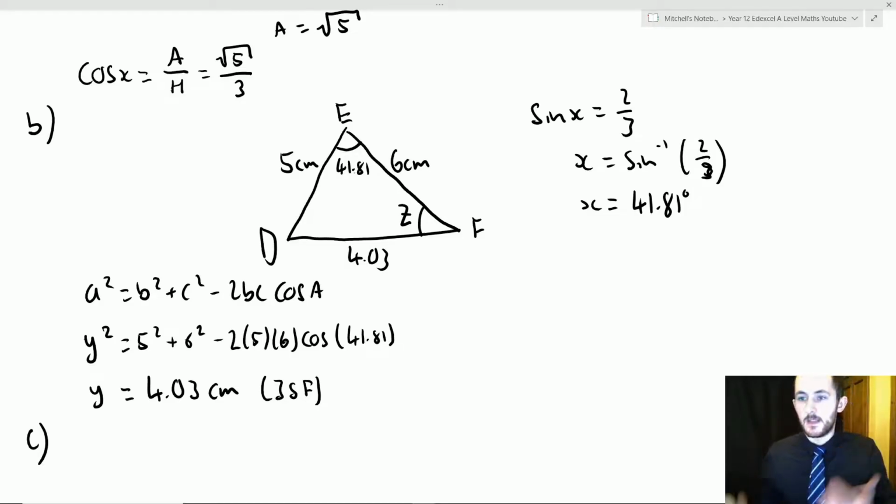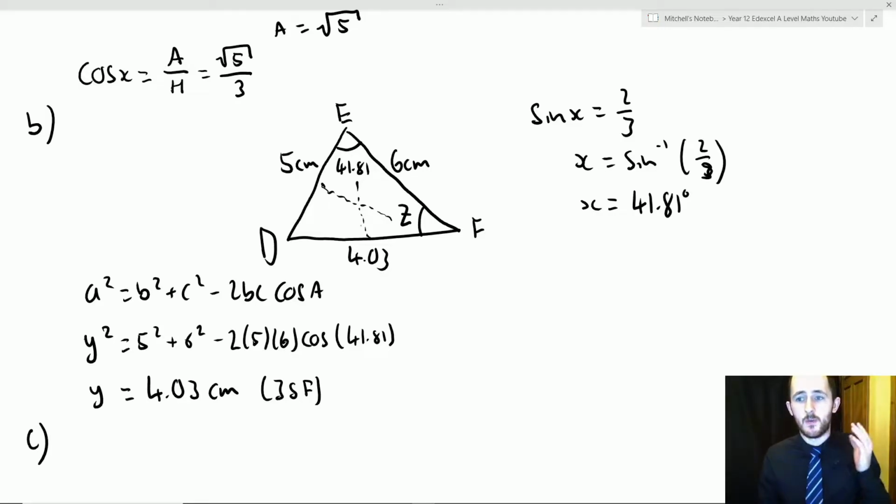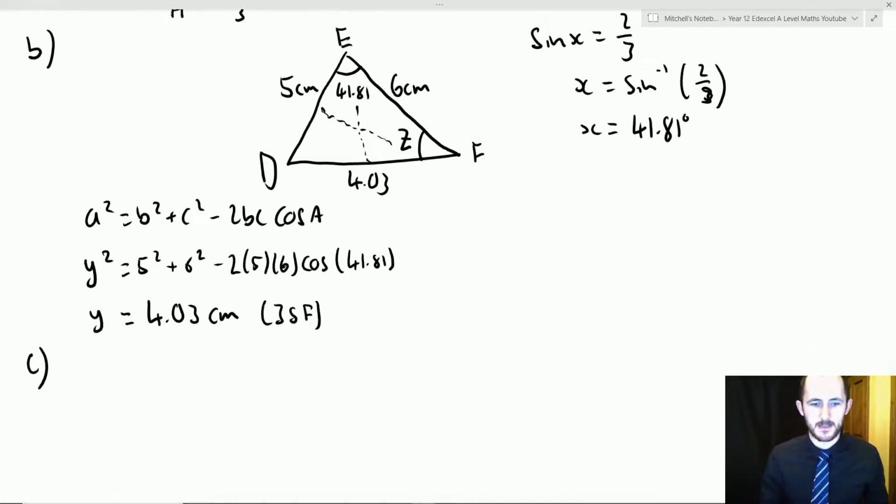Okay. So if we want to work out an angle and we have its opposite side and another angle-side pair. So can you see that this angle is opposite this side, and we have this side which is opposite the angle we want? We can use the sine rule. You can also use the cosine rule again, but that's quite long. Okay, so I'm just going to use the sine rule. And the sine rule just simply says,